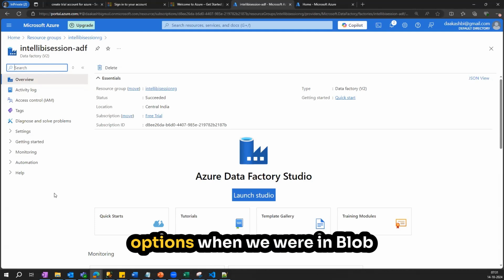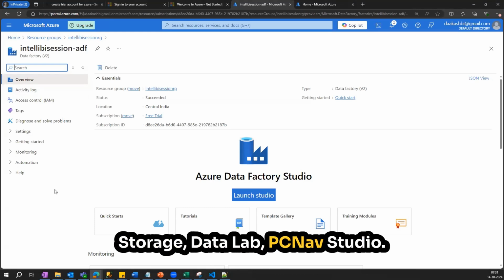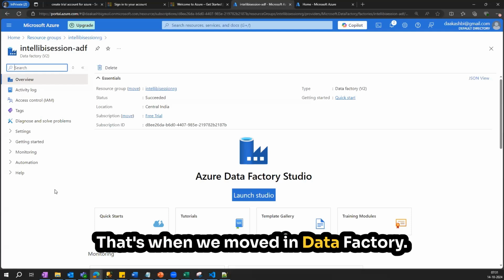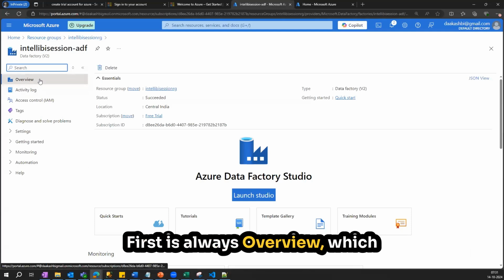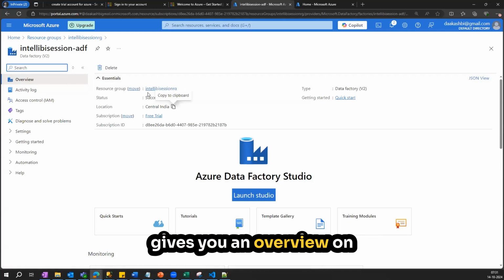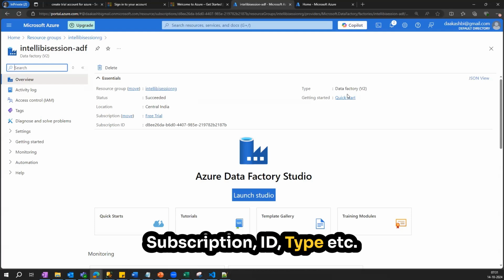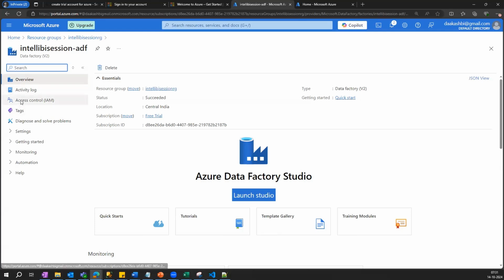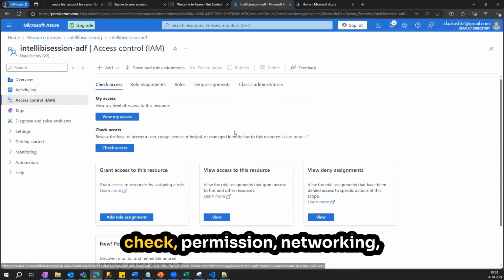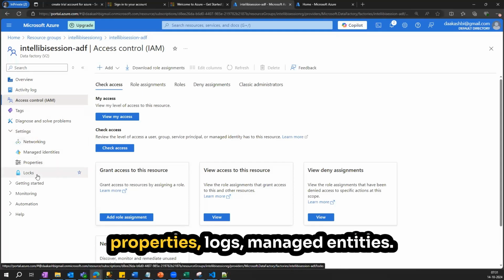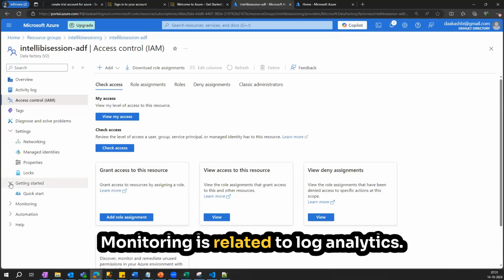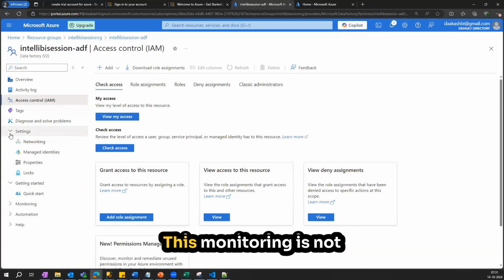हमने ये सारे ऑप्शंस गो थ्रू किए जब हम ब्लॉब स्टोरेज थे, डेटा लेक थे, फिर सिनैप स्टूडियो थे, तब हम डेटा फैक्ट्री में आ गए। फर्स्ट इज ऑलवेज ओवरव्यू, जो आपको ओवरव्यू देता है, यहाँ पे आपका रिसोर्स ग्रुप कौन सा है, सब्सक्रिप्शन कौन सा है, आईडी क्या है उसका, टाइप कौन सा है। एक्सेस कंट्रोल में आप एक्सेस चेक कर सकते हो और परमिशन दे सकते हो। सेटिंग्स में आपके नेटवर्किंग, प्रॉपर्टीज, लॉग्स, मैनेज एंटिटीज, ये सारी इंफॉर्मेशन आती है। यहाँ आपको क्विक स्टार्ट गाइड मिलता है।